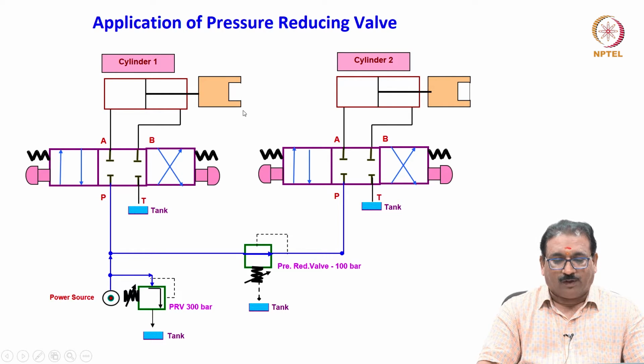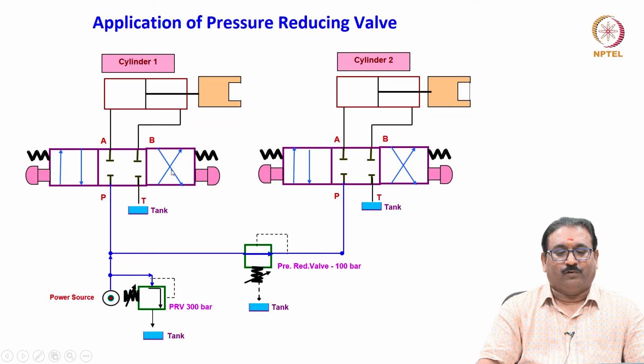Can you please tell me how it will work? Again I am controlling cylinder 1 and cylinder 2 using a 4/3 direction control valve, closed neutral or center, push button actuation and spring centered valve it is. Then what happens, friends? You will see when I press this button and this button, both cylinder 1 and cylinder 2 receive the flow from the pump, because this valve will also be open.